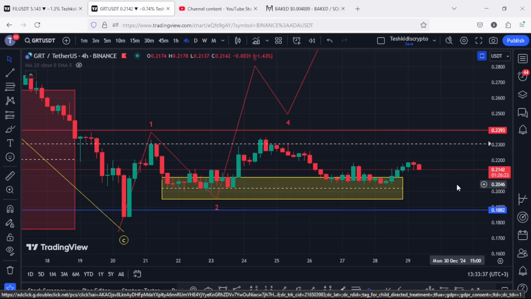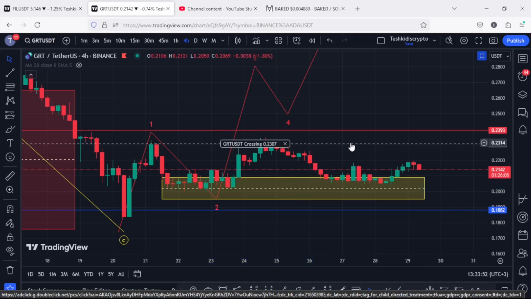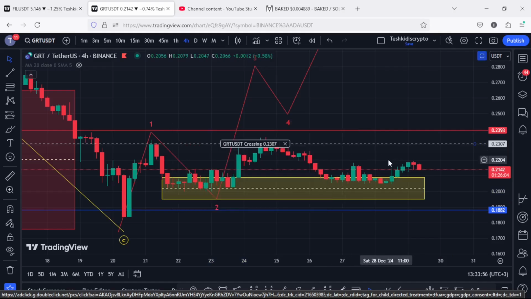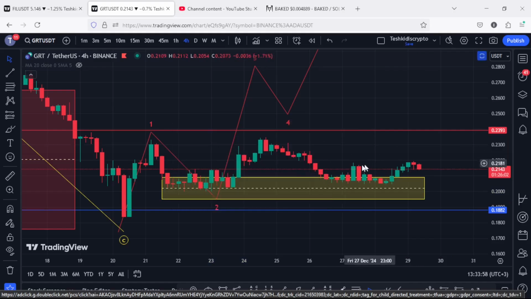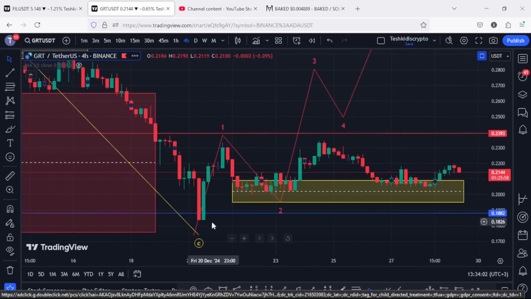GRT at the time of this recording is giving us a bit of a breakdown move, and we continue to hold within our key area of support between the 0.29 and the 0.1951. And on today's update video, I will be discussing the most significant key areas of supports that we need to pay attention to, basing my analysis on the additive structures and the Fibonacci's, and starting the video by first